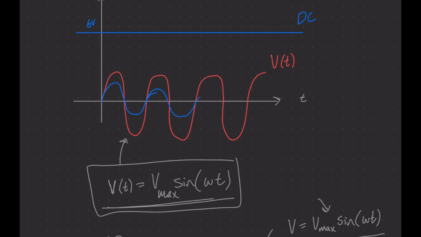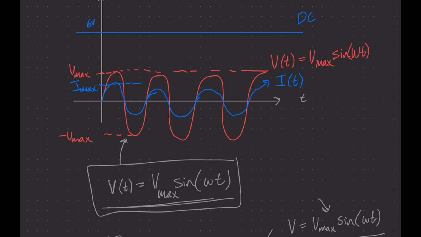So I'm going to try to draw this a bit nicely here. And these peaks over here, so this red peak will be Vmax. Same thing on the negative side. This would be negative Vmax, same number. But the blue peak will actually be a different thing. It will be Imax, the maximum current. And this I can plot as I as a function of t. We straight up have these values. So this one is Vmax sine omega t, and this one here is Imax